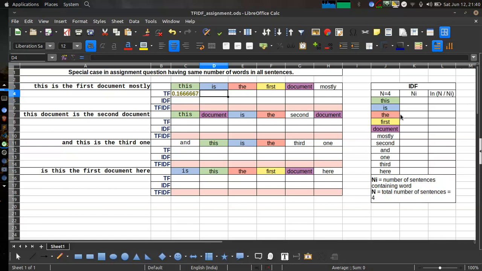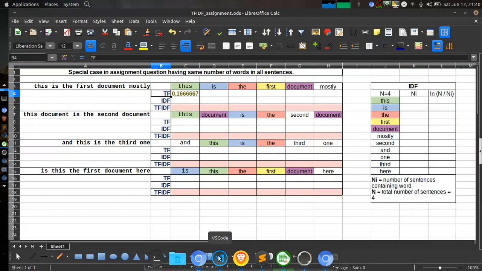So how to approach this question? We have all four sentences in the corpus. Out of all the sentences, you need to get the words one by one, and for each word, calculate term frequency and inverse document frequency. The IDF is calculated on the whole corpus, all the sentences, so we will calculate it separately. First let's calculate TF. If you see my answer now, I have just implemented the same. In the first module, I calculated all the TF.